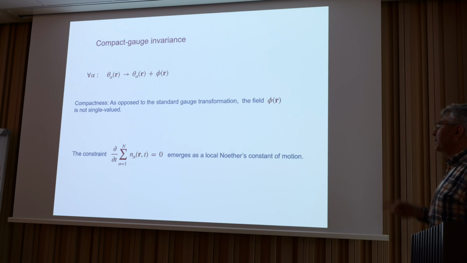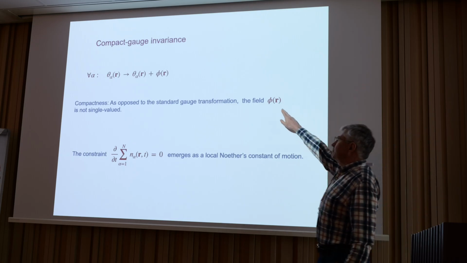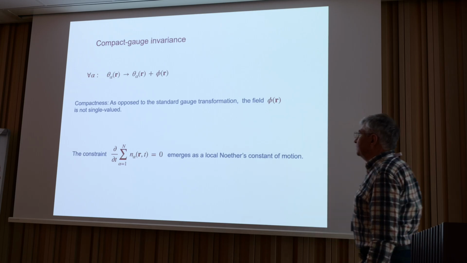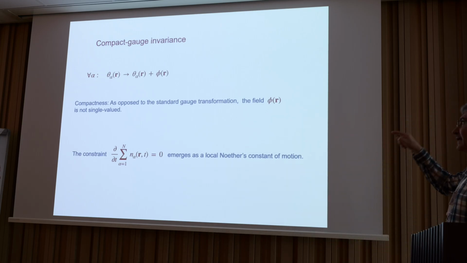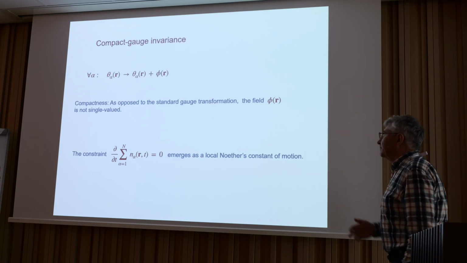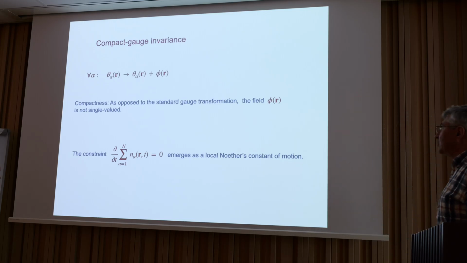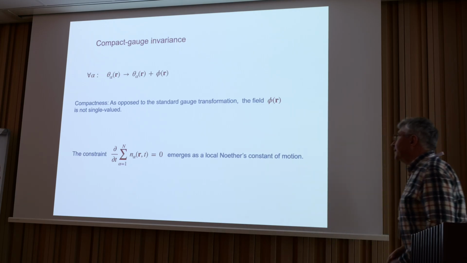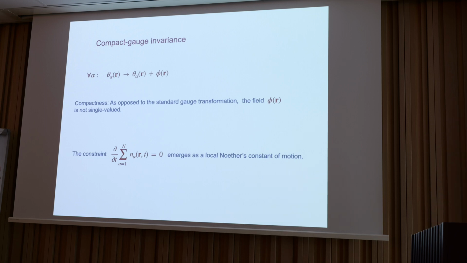What is important, why we call it compact gauge transformation, is that this guy, as opposed to the standard gauge transformation which involves a gauge field, there are no gauge fields, by the way, just this funny field phi. This funny field is allowed to have vortices. So as opposed to the standard gauge transformation, when we add a regular field to the phase and then we have a vector potential, here there is no vector potential, and we are allowed to add absolutely arbitrary field, including vortices. So that's why it's a compact gauge invariance. This guy is compact, and that's why it's allowed to have vortices.